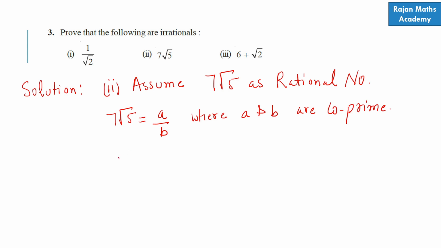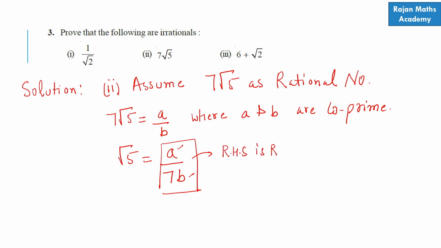So we can write root 5 is equal to a by 7b. So a is an integer, b is an integer, and 7b again an integer. This complete RHS is a rational number. So root 5